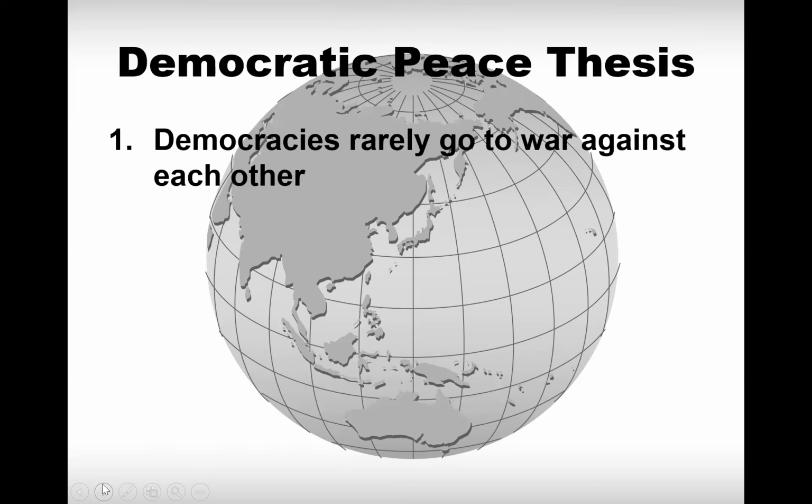Okay, so as mentioned beforehand, the democratic peace thesis is a translation or the application of Kant's 3 definitive articles to contemporary international relations. So as Doyle, Russett, and Levy mentioned, if we see Kant's republics as modern-day liberal democracies, they have found a pattern. Liberal democracies rarely go to war against each other.